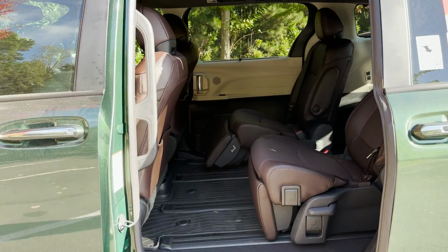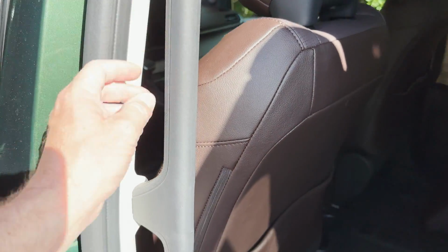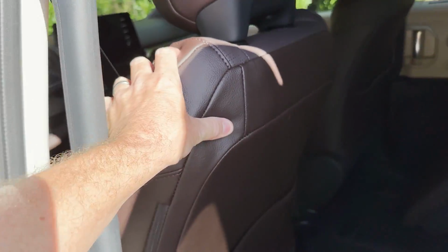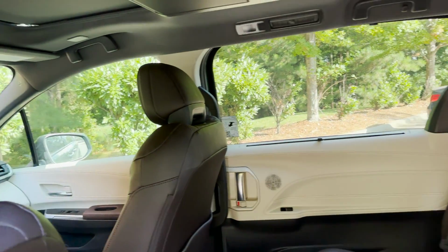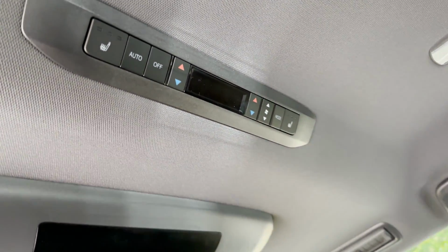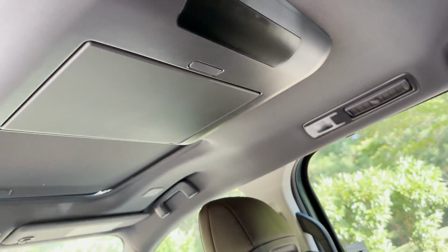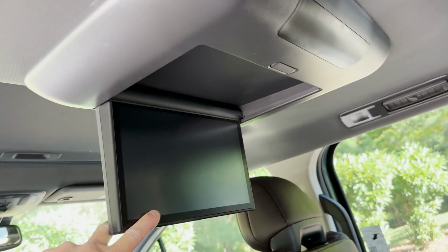Let's go to Sienna. The Sienna, my Sienna. Interesting brown material. I wouldn't get it for myself, but I like it because it's unique. I like when car companies take chances with colors and they do something a little bit different. Here's the air for the people in the back. Very cool. This particular one has the rear